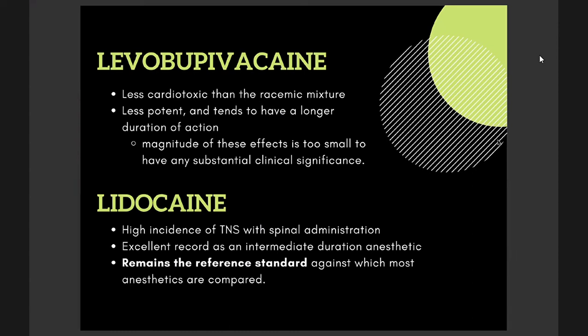Its clinical profile, levobupivacaine, the S isomer, is essentially the same as the racemic bupivacaine, except that it has a wider therapeutic index, meaning when you have a wider therapeutic index, it is safer because of less cardiotoxicity and systemic toxicity. So lidocaine, another amide local anesthetic, has a high incidence of developing transient